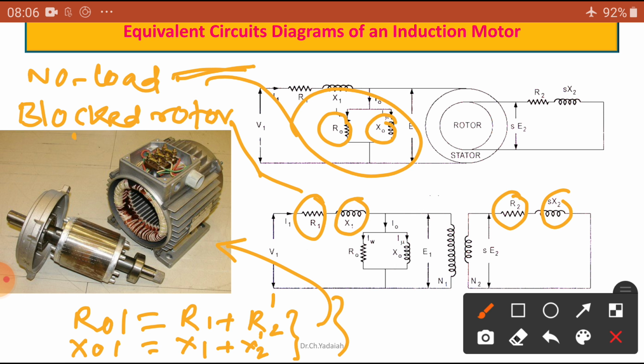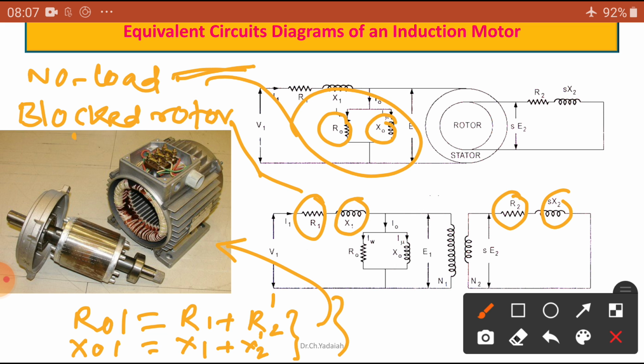So, here I think it covers the 4 experiments. One experiment is the no load test on squirrel cage motor, no load test on slip ring induction motor, and blocked rotor test on squirrel cage induction motor and blocked rotor test on slip ring induction motor. That means you are going to do the 4 experiments. From these experiments you are going to find these parameters, and from these parameters you are going to